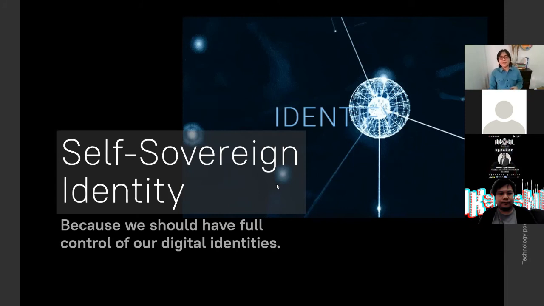This way, if let's say a traffic enforcer needs to verify your driver's license, they only need to scan a QR code on your SSI app, and they would be able to verify if you really have a driver's license or not. Once they have scanned your SSI QR code and see that you do have a driver's license issued to you by LTO, then they would also be able to issue you already a traffic violation ticket signed by MMDA and is automatically stored on your SSI.